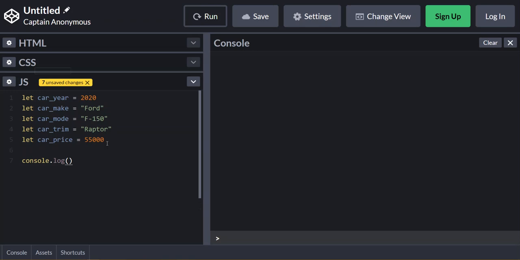So let's go ahead and log out our car details other than the price, right? So we're going to print out our car year. We're going to print out our car make, and again, remember when I say print out, I'm referencing console.log and car make. So log. We're going to print out our car